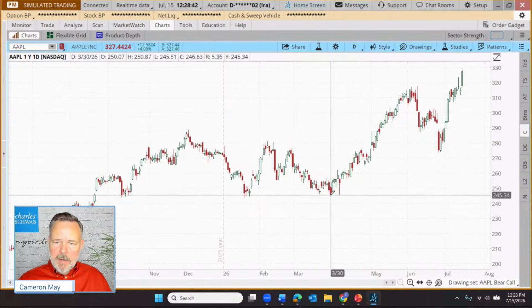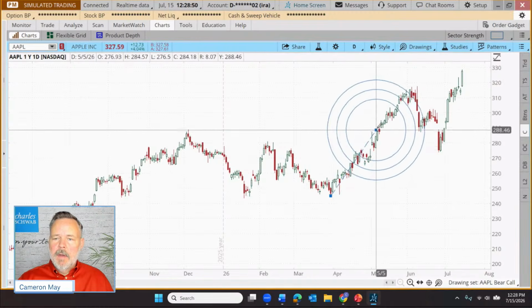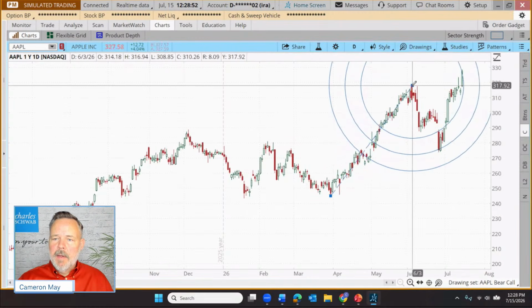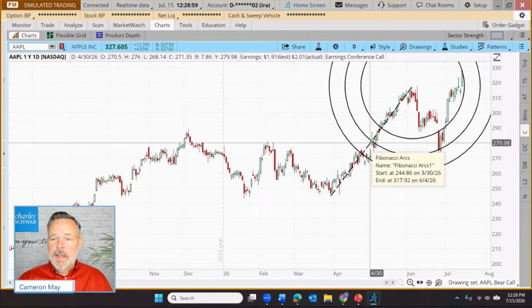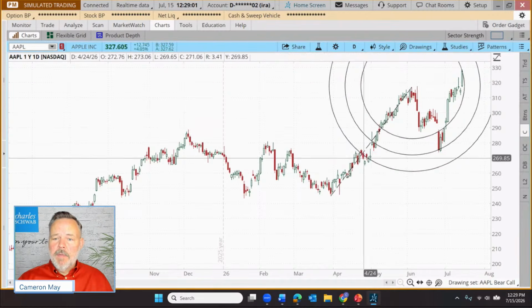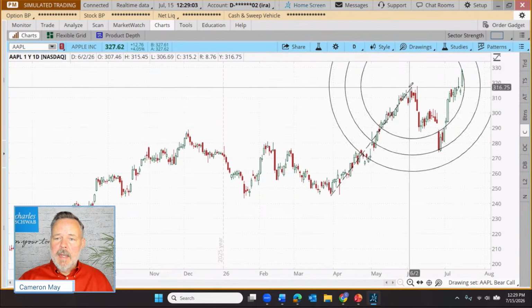How about we draw an arc right down here. So this one, we go to the bottom, click once, and then we move to the top and click again. And what this is doing is combining time and price. So what the trader is looking for is, yes, there's a move to the upside.